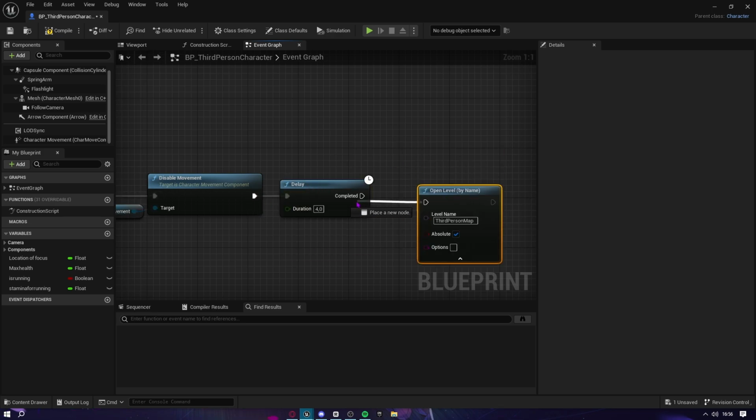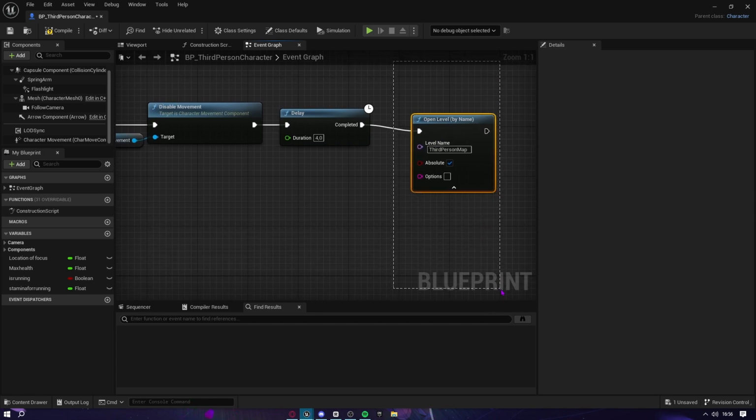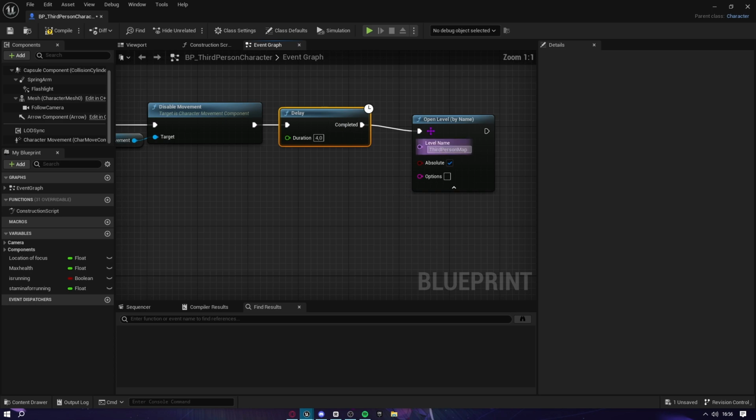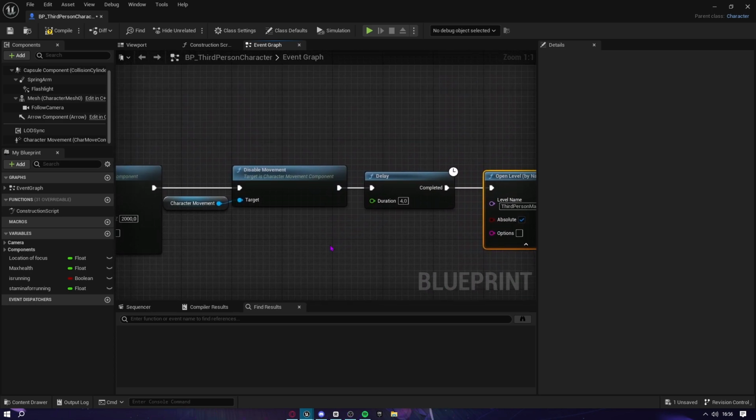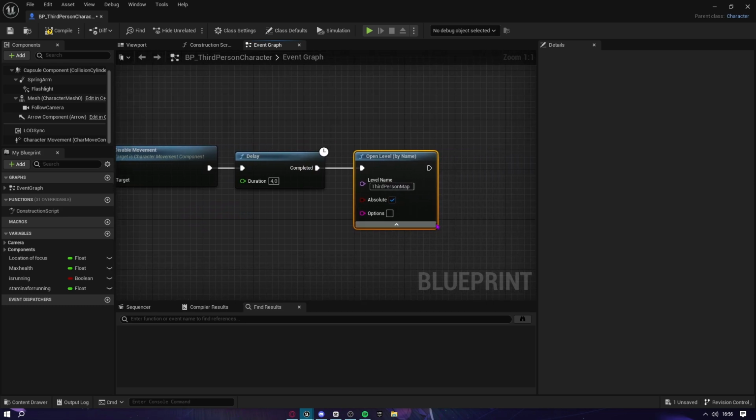Yeah, I think this is right, because the other order doesn't make sense. Opening at first level and then the delay doesn't make sense. Of course the delay has to come first, because after we disable the movement, we have to wait, and after the 4 seconds we're of course gonna respawn. So now if we compile and save, close it,